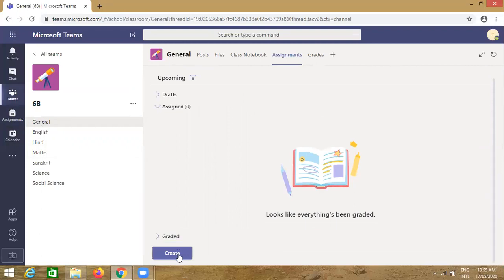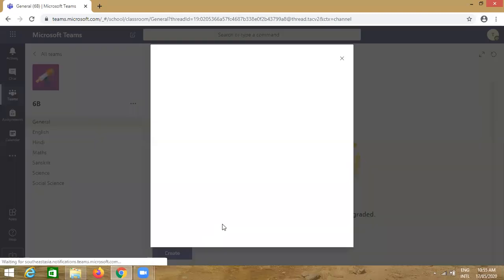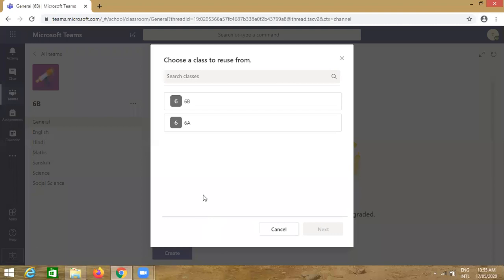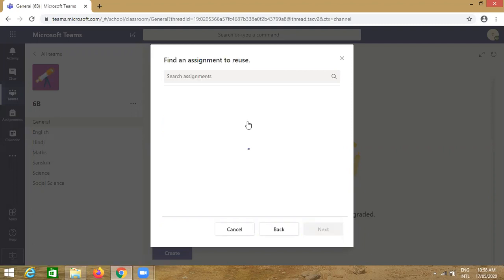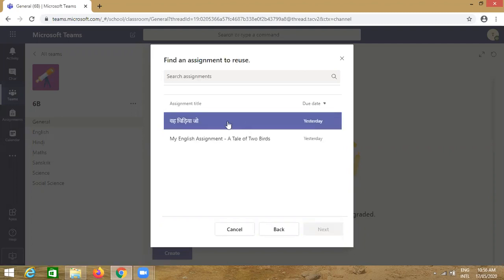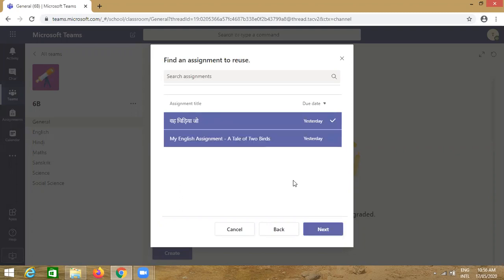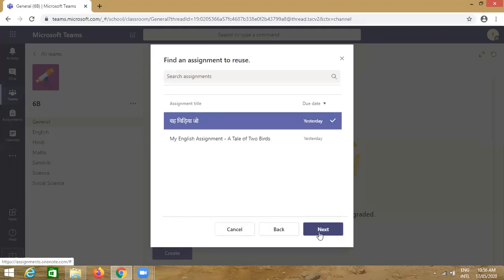You will click on create and click on from existing. From existing, already we have given the assignment in 6A. So click here 6A, then click next. Here we will select the assignment and click next.